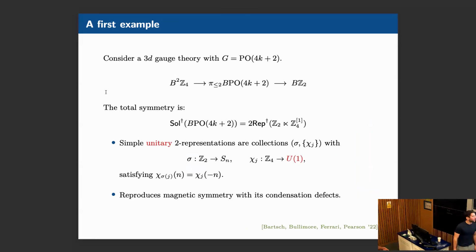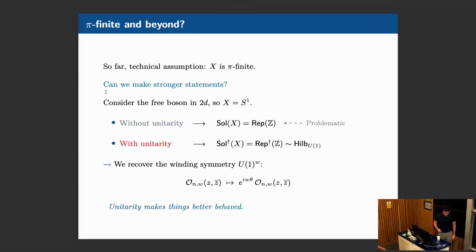Say, for example, we can try to compute the solitonic symmetries of a gauge theory in 3D. We now think about our target BG as a sort of target for your solitonic symmetries. You try to compute what the solitonic symmetries are. Now you're going to get some unitary representations. And what you find is that your classifications, for example, reproduce the nice classification we know of magnetic symmetries and its condensations. Okay, this is just an example. It's not particularly illuminating to look at the details, but what I want to comment on is the fact that